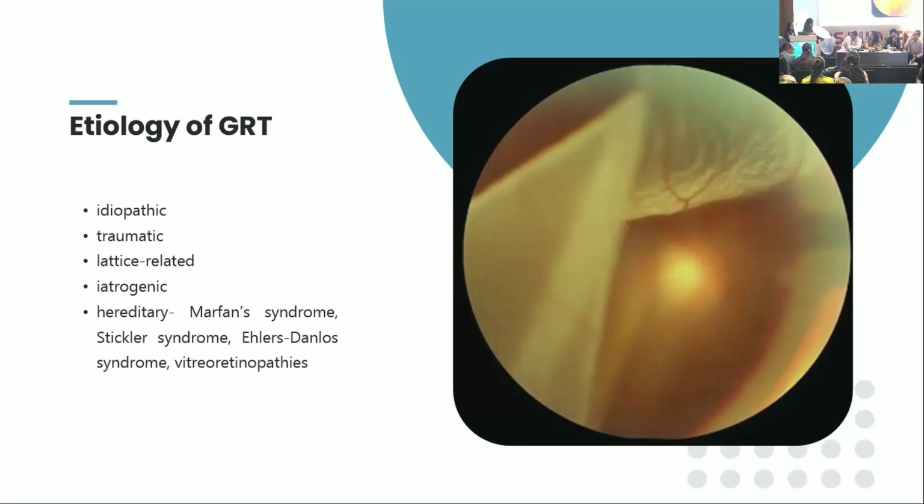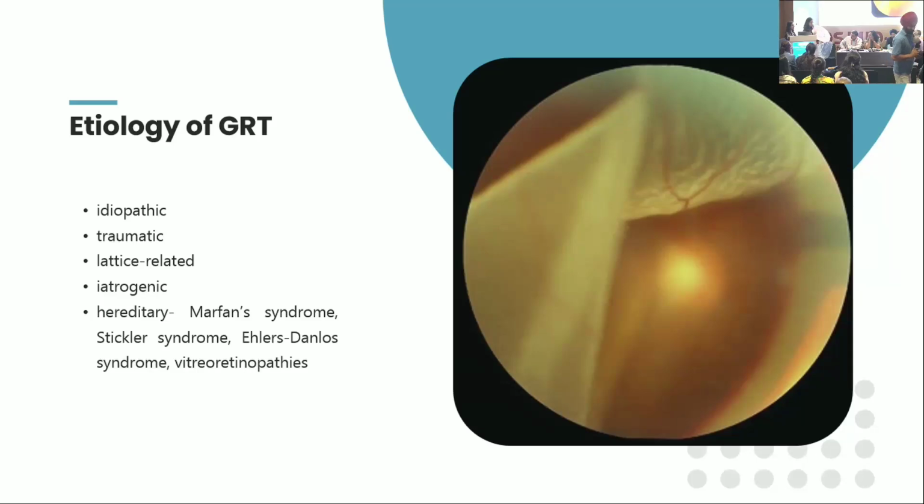So now we also can have radial rips from the margin of the giant retinal tear, and there can be proliferative vitreoretinopathy. Now, how do we manage a giant retinal tear? So firstly, we need to take care of the lens. If there is a stable and clear crystalline lens or a stable IOL, then we don't need to touch it, we don't need to remove it. However, if there is significant cataract or subluxation or PVR, then the lens needs to be removed.